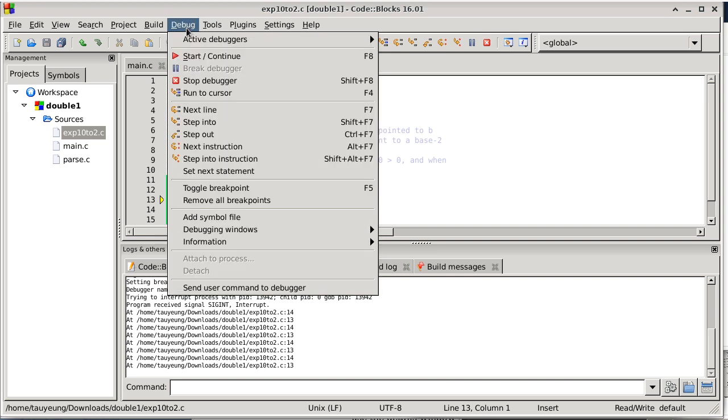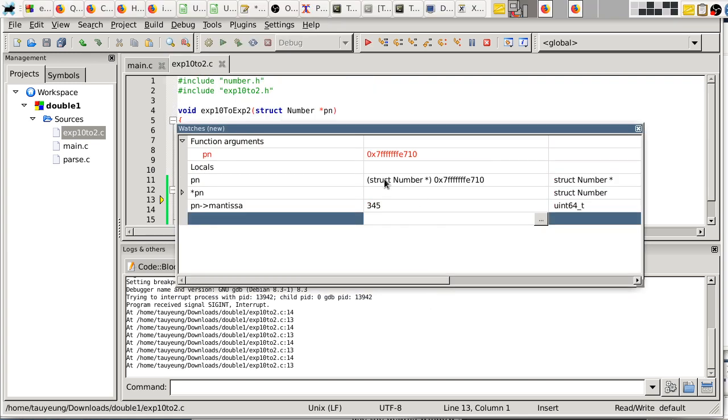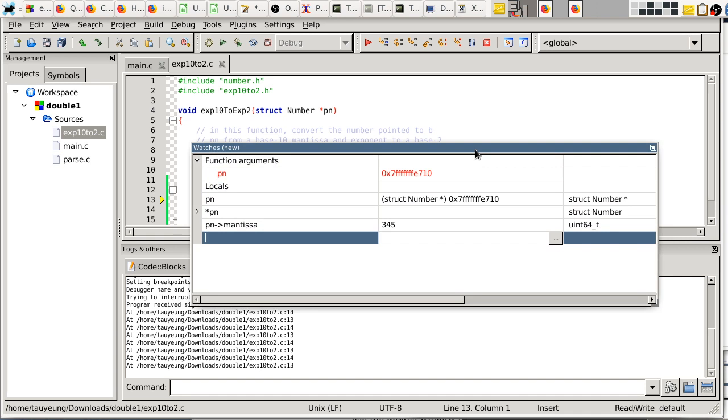I thought it's in Debug, but I could be wrong. Debugger windows, does it have watches? There we go. So I can add a watch window, and it maintained all the things that I specified earlier. Mantissa is already here, which is handy, because as I press F7 to single step,